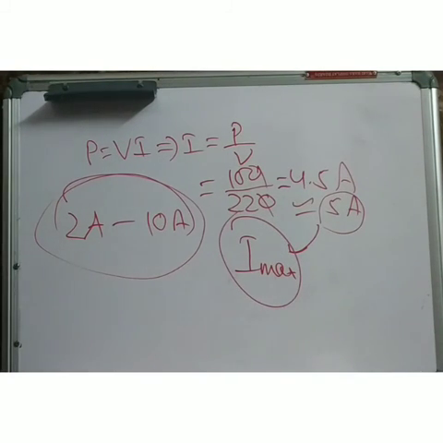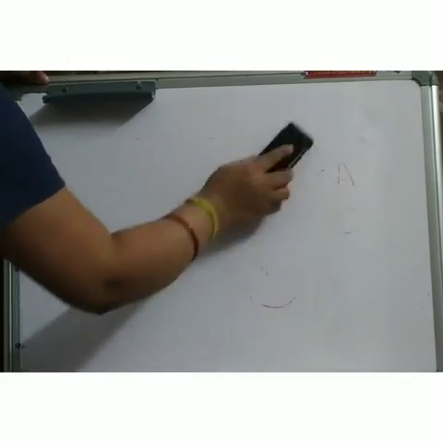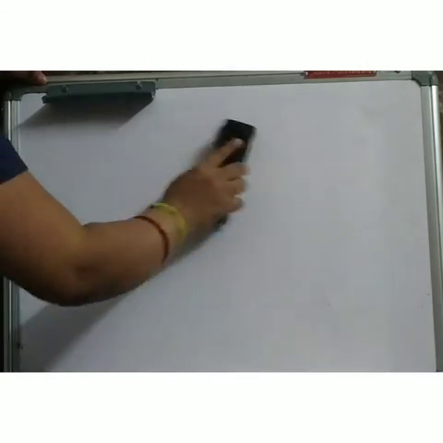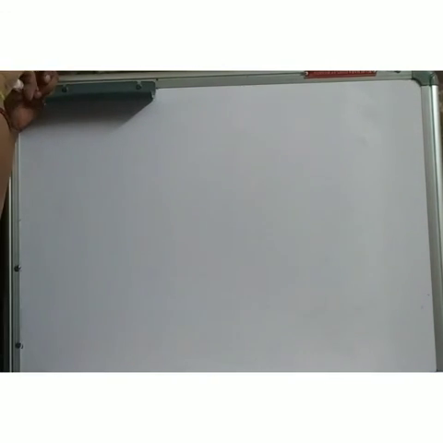And fuse we have discussed in previous lectures, what is the function of the fuse. This is clear, I think. So theoretically everything is done. We are going to discuss the numericals in my next two lectures, where I will be solving them. If any doubt, please reach out. So theory is done, this chapter is done. Numericals are very important, many questions come in boards. So we are going to discuss numericals in the next 2 lectures.